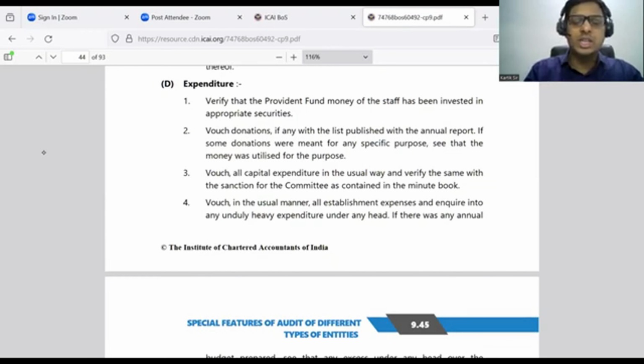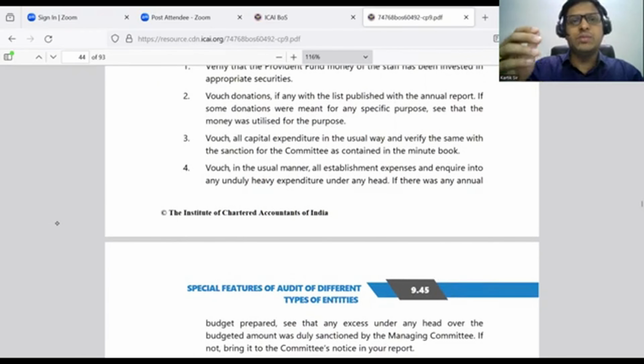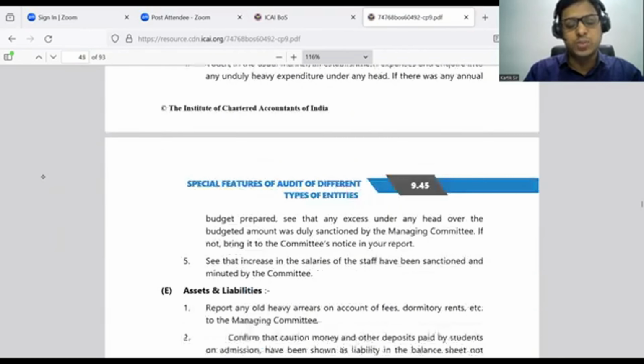So we'll also check any capital expenditure that is spent. For example, the school bought benches, or we can also say an electronic board for teaching students in today's times; that will be capital expenditure. Sir, any establishment expenses or heavy expenditure that must have been incurred at the beginning, but we are carrying it forward for many years. Whether such expenditure is there or not, that is also what we will check. So regarding expenditure, the auditor will check all these points.